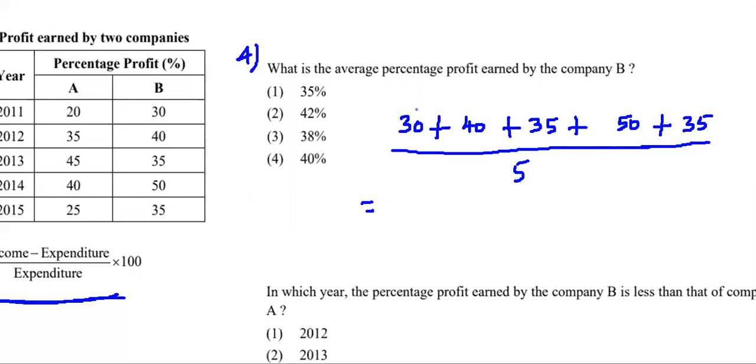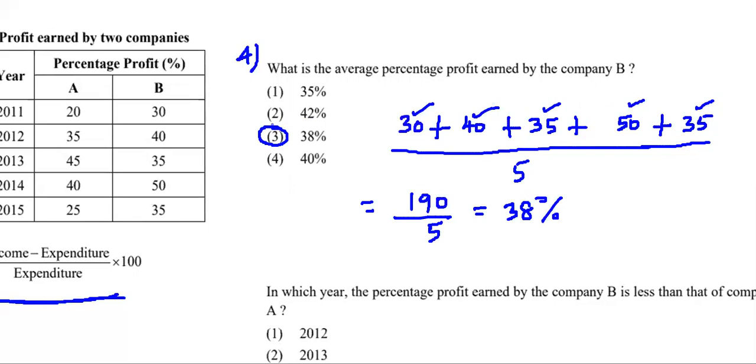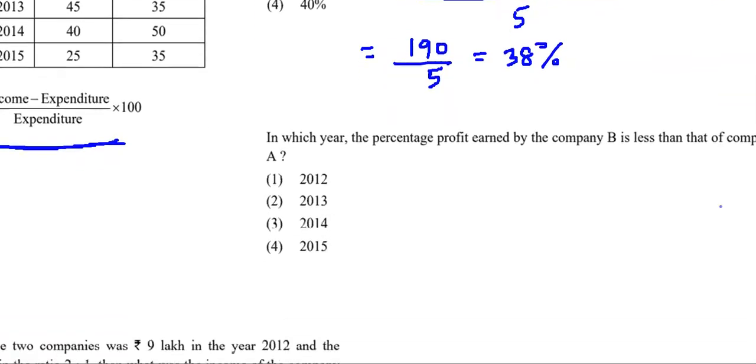So let's find the total first of all. We have 30 plus 40, which will be 70. 70 plus 50 will be 120, right? And here we have 35 and 35, that will give us one more 70. So 120 plus 70 will be 190. Finally, 190 by 5 will be our answer. So 190 by 5 will be nothing but 38. That's all. 38% is going to be the answer, which is matching with option 3. Very simple, right? Just a basic average question. We need to find the average just with the given values. Very simple. Moving to the next question, question number 5.